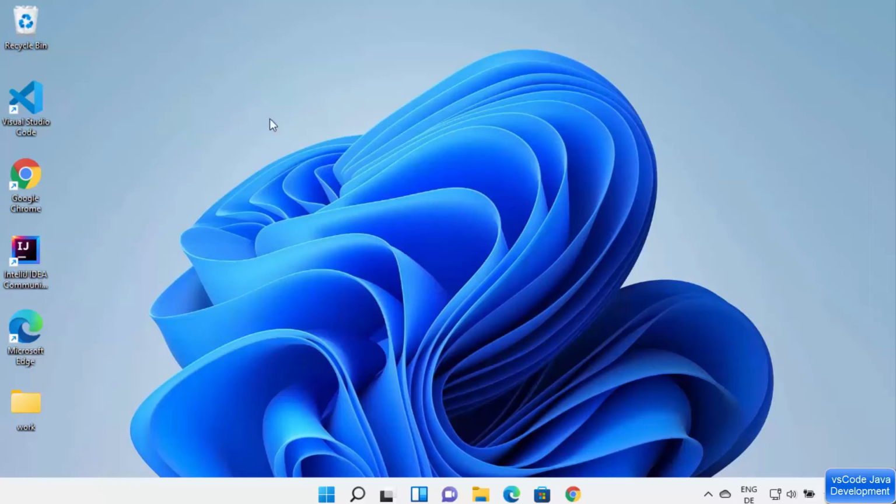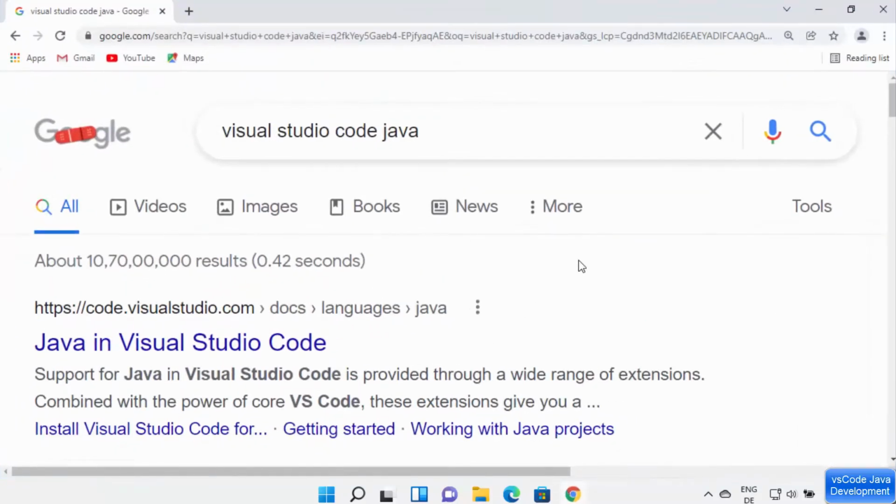So after installing Visual Studio Code and Java JDK on your Windows 11 operating system, there is one more thing which you will require in order to develop Java programs on Visual Studio Code, and that is the Java support for your Visual Studio Code. So for that, you can open your favorite browser once again and then search for Visual Studio Code Java. And you will see the first link which will appear here, which will be from